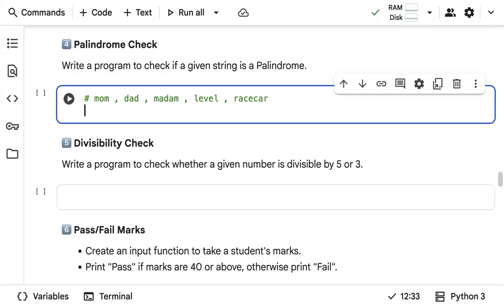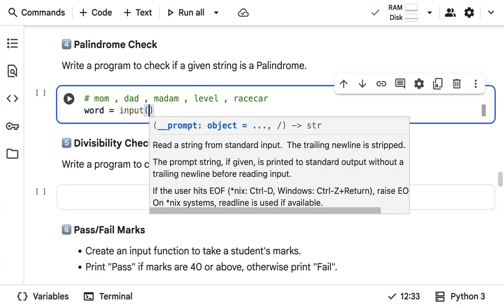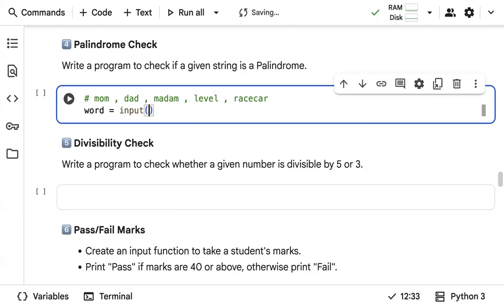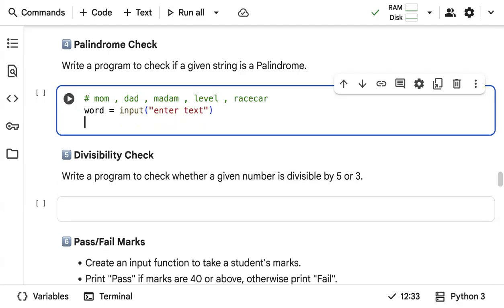So how do you check this? Let's say I just want to take input from the user. Palindromes are strings, right? So I just want to take a word. I'll say word is equal to the input function. Input basically takes string input from the user, right? So I'll just say enter word or enter text. Okay, I'll write a condition that if word